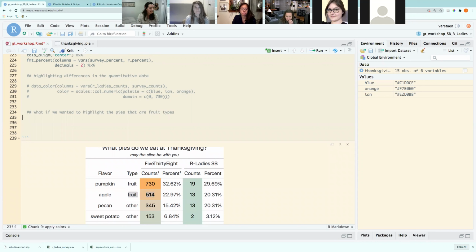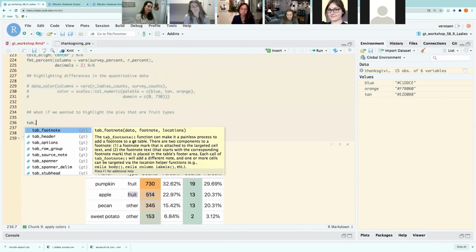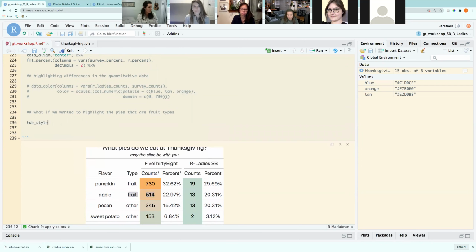All right. So for that, it's not really assigning colors based on your data exactly, like quantitative data. So it's going to be a call to the formatting the table. This is going to be table style is the call for this. And we want the style